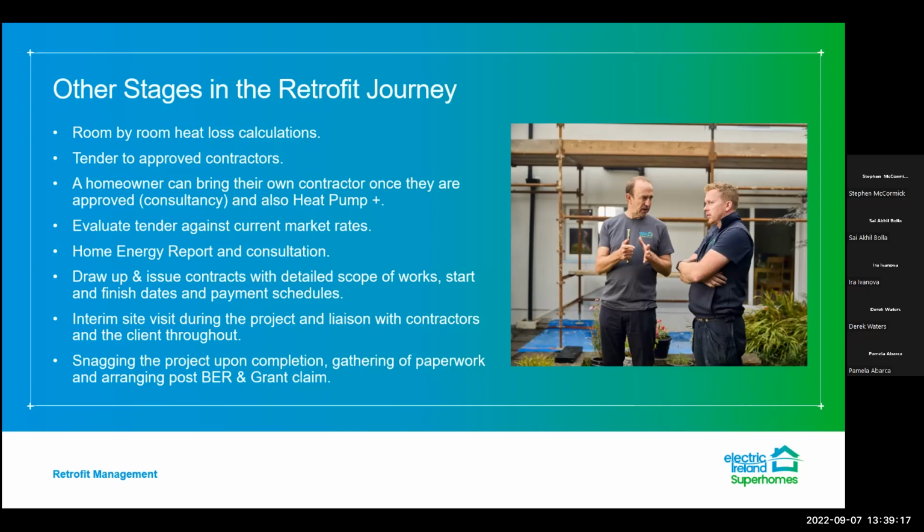would include a detailed scope of works, start and finish dates, payment schedules, all that information that the client and contractor need to know. We then move on to the project management side, which involves carrying out an interim site visit, 1 to 2 site visits if possible. And we're constantly liaising with the contractor and the client throughout the project with any queries that might arise. And at the end of the project, once completed, we carry out a full snag of the